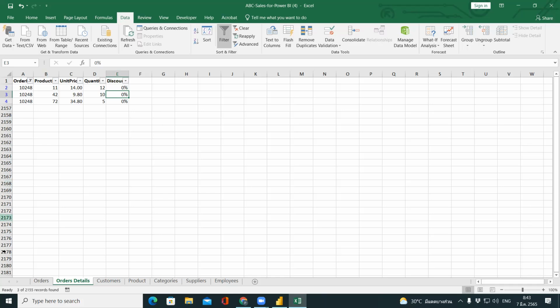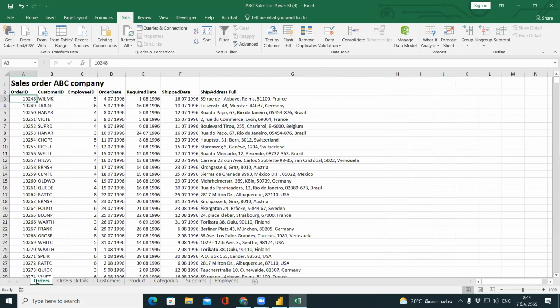Apart from that, if you go back to the orders worksheet, you can see that the customer ID for order ID 10248 is WILMK. You don't know who WILMK is, because this one shows just the customer ID. But if you go to the customers table,